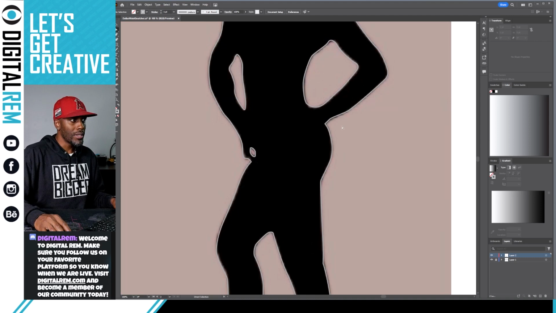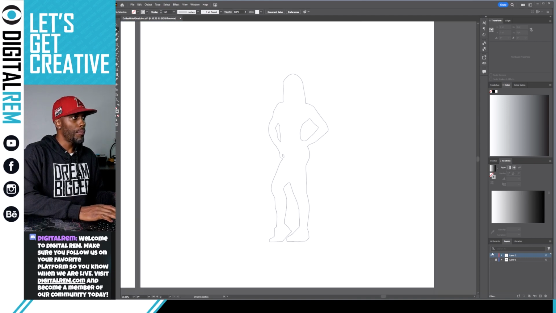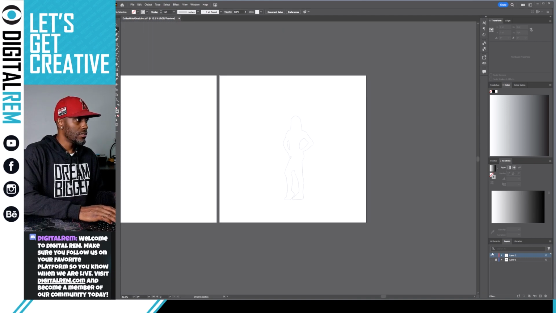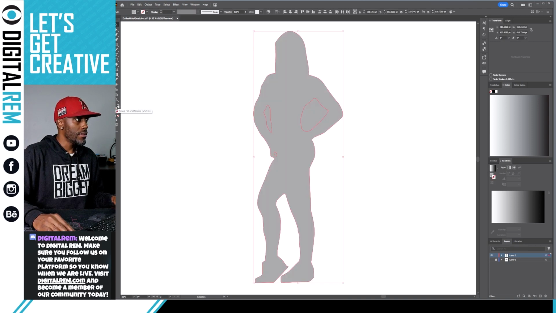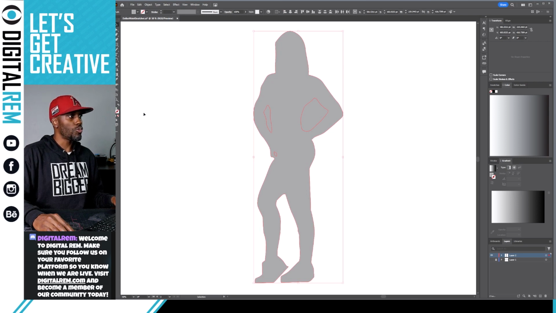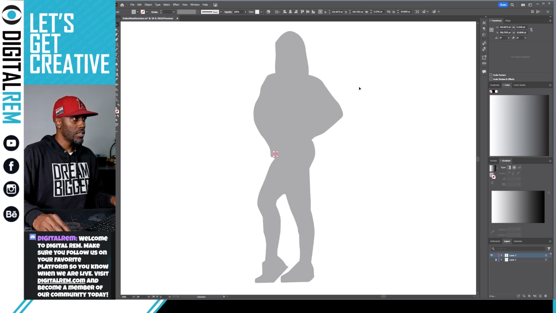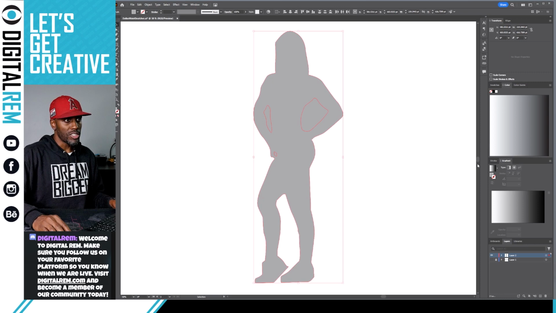So now with all of the points selected, let's just get rid of this layer. But now with all of the points selected, it looks like this, right? We have a rough shape of our character. So we can go in here now and flip it, and you see it kind of swaps it out, where essentially those shapes are inside of this shape. So what you want to do is go in here, select all of it, and then do